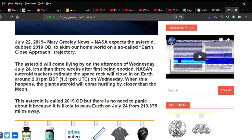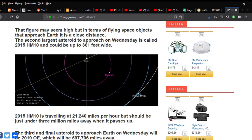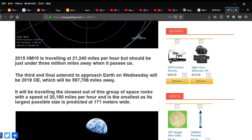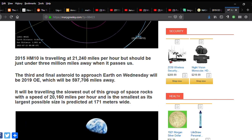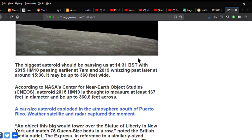It says there's no need to panic. It's going to be pretty far away. What is all this stuff on? Oh, prepper stuff. Okay. The second largest asteroid to approach on Wednesday is called 2015 HM10. And then there's a third one, the third and final. So 3 asteroids are coming by tomorrow. Okay, the biggest one